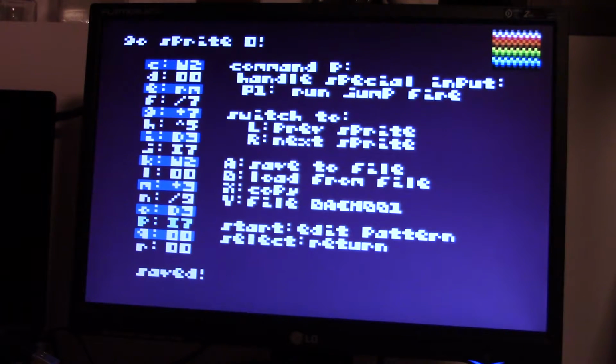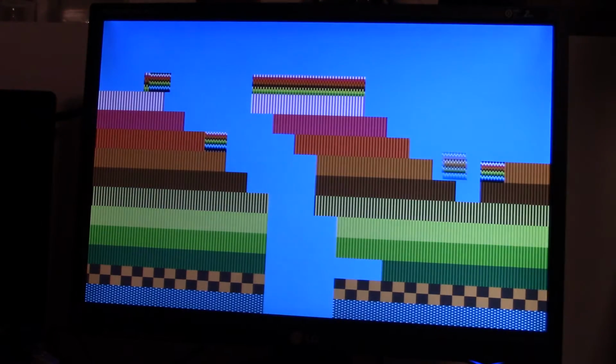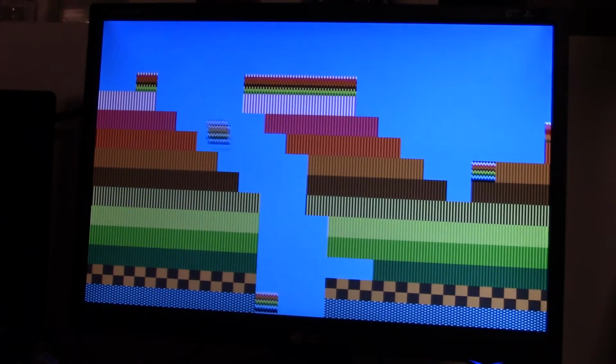So we're going to save this, and I haven't really thought too much about whether this is going to work or not, but let's just figure out and see if it will. So we're going to return to our main menu, and switch over to playing the game. So I'm going to press start. Alright, and now I have control of,